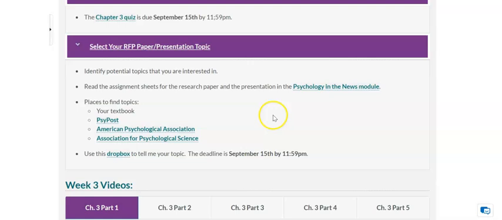So make sure that when you're looking at various topics, that there is at least some section of the text that touches on that topic, because that's what I will be looking for when I look at your topics, is whether or not they can be found in your text, because you will be using your text as part of your